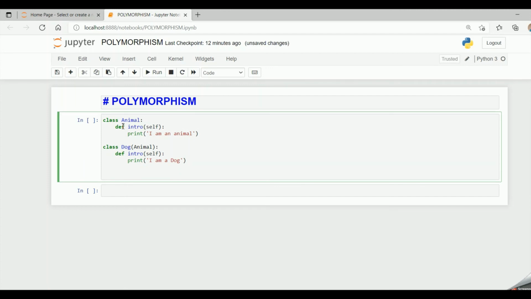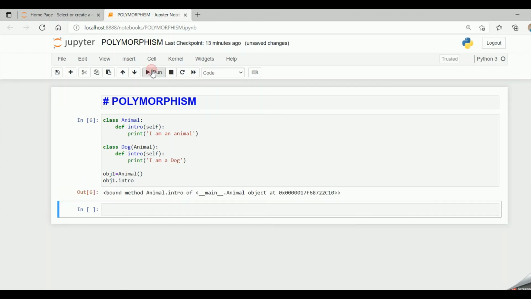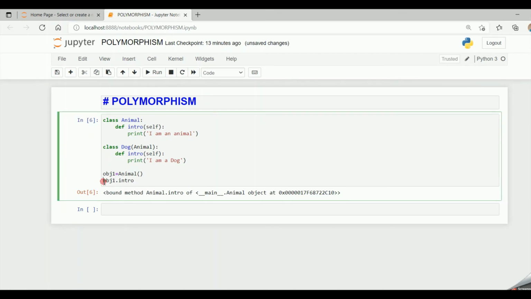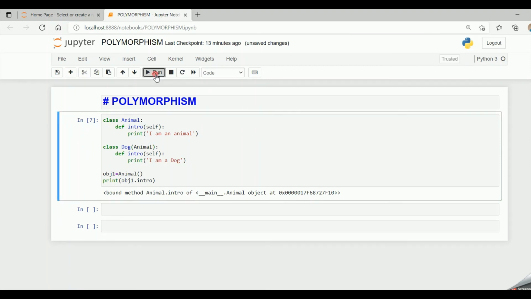Now if I say obj1 equal to animal, and if I say obj1 dot intro, then if I say print obj dot intro, one second.